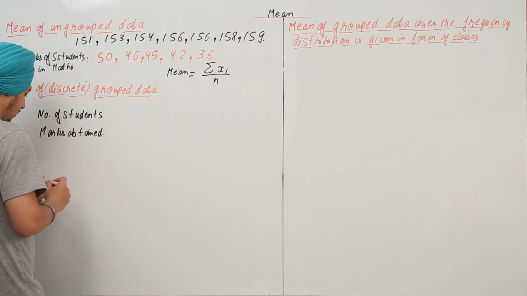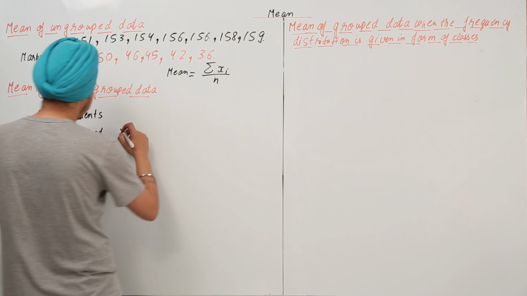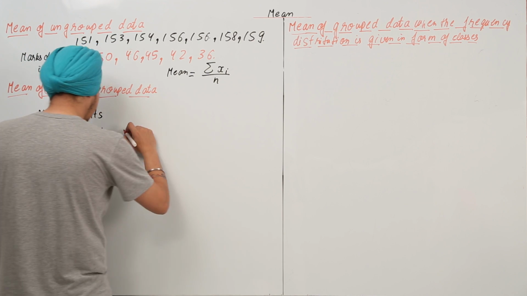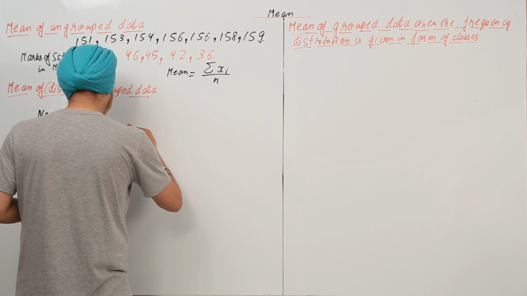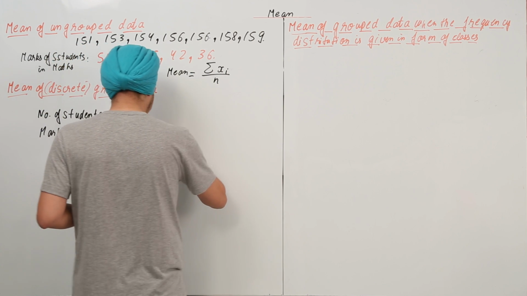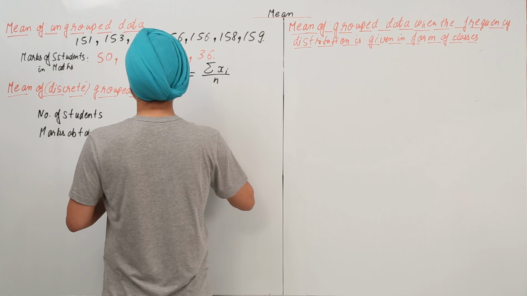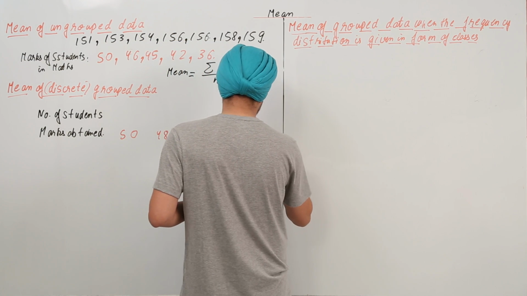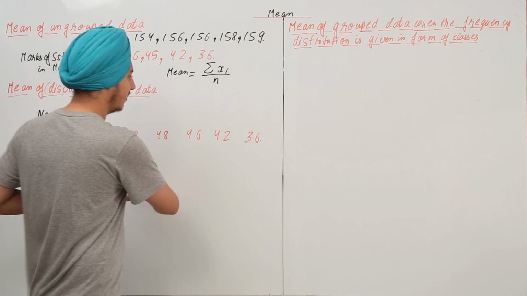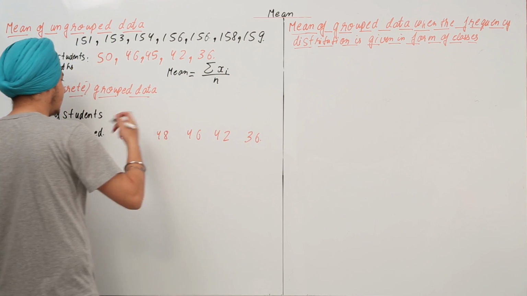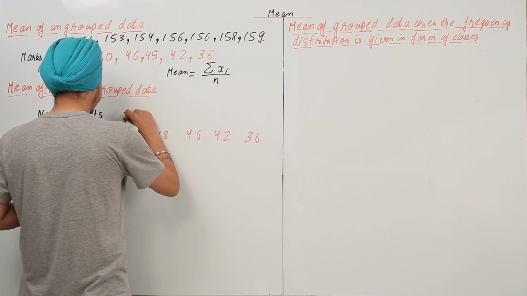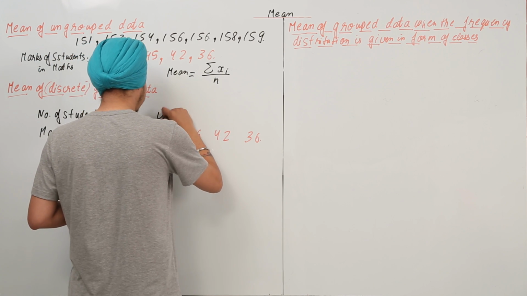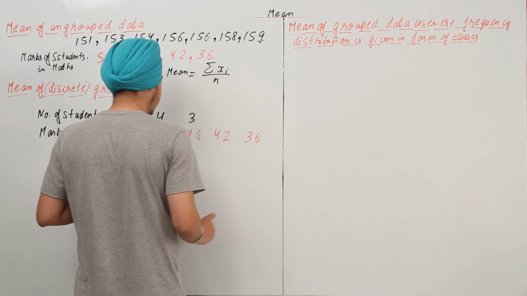The marks obtained are again out of 50, and first of all we have 50, then 48, then 46, 42 and 36. Now these are the 5 marks, and the number of students that obtained 50 are 2, then 4, then 3,